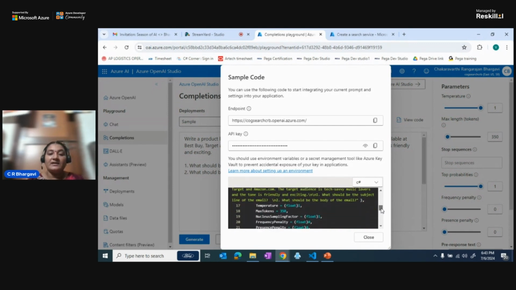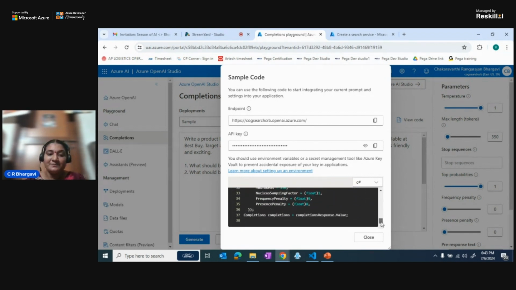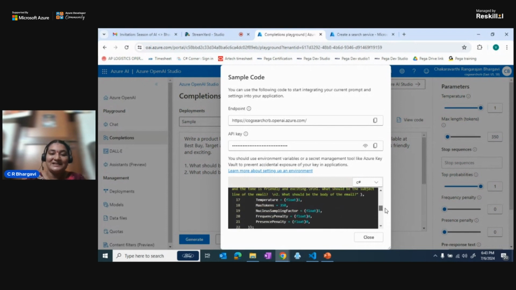Then you give the temperature, max tokens, all of which are available under the parameters. All those things that you can configure with the help of the UI are coded here inside C sharp, such that you don't have to code much. You can just copy and paste it, change the name and a few things, and